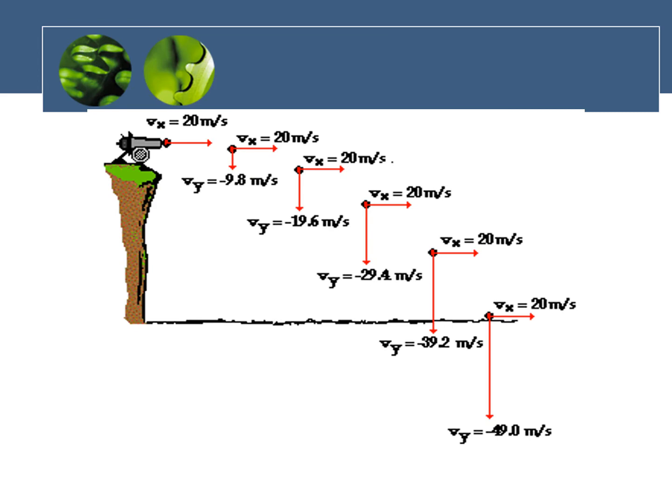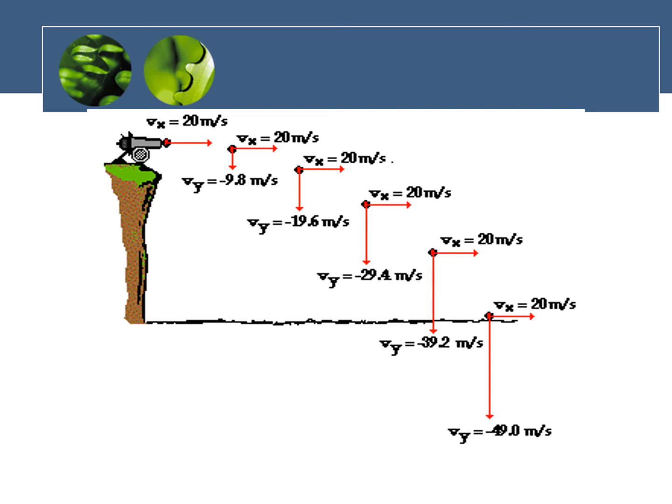Let us compare the horizontal velocity v sub x and vertical velocity v sub y of a projectile, released with an initial horizontal velocity of 20 meters per second. Per 1 second interval, you will see that the horizontal velocity is fixed at 20 meters per second, proving that the horizontal component of a projectile is in uniform motion, meaning constant speed in one direction, while the vertical component